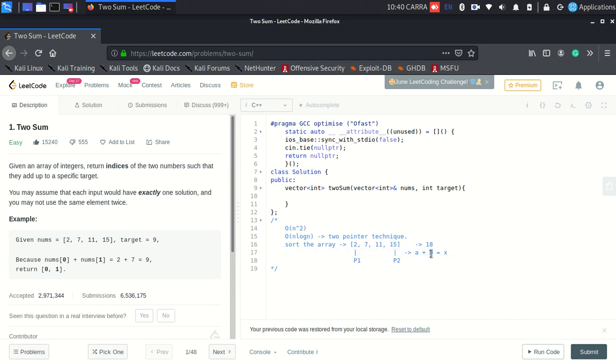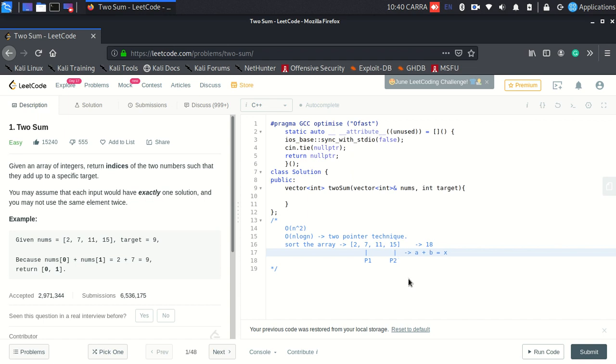So b is 15 and x is 18, and I need to increase a plus b, so I can increase a. I'll just shift the pointer p1 to its next element, because since the array is sorted, that's where the next greater element lies.